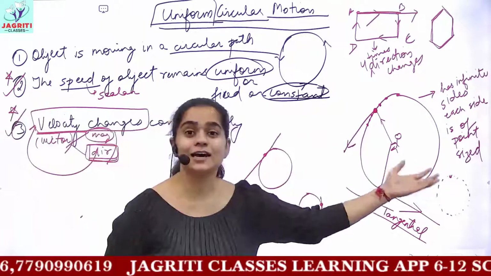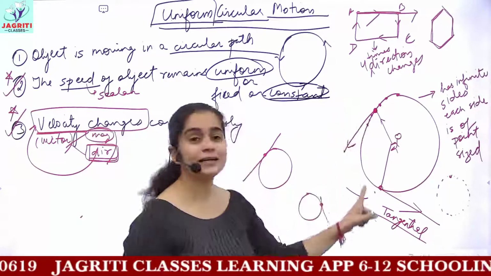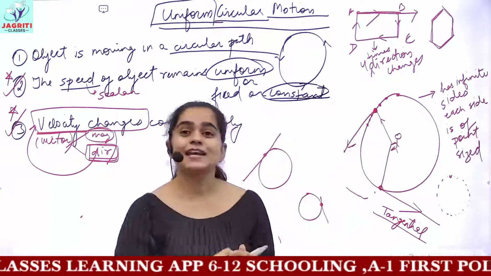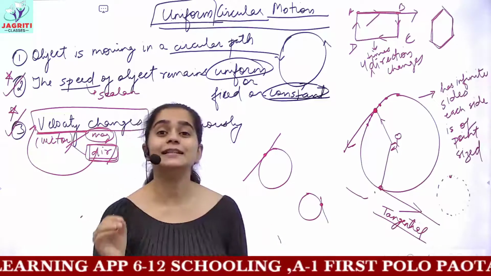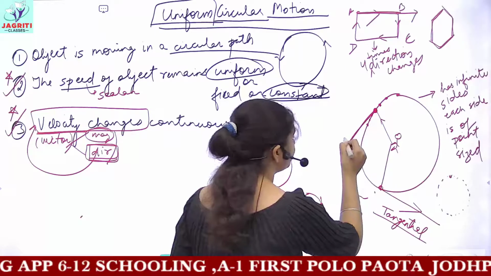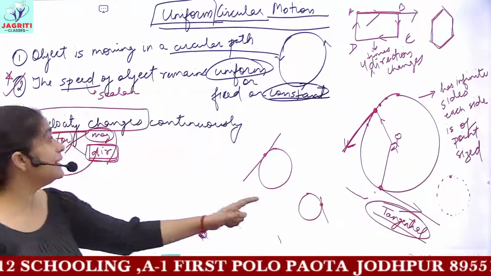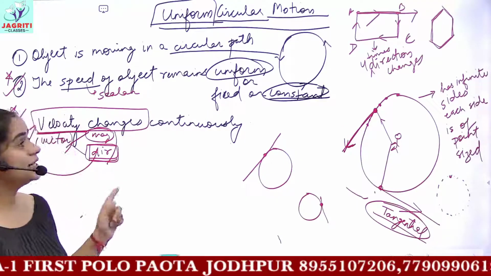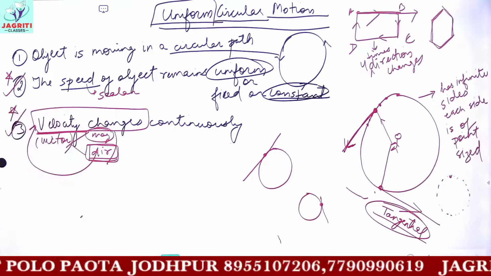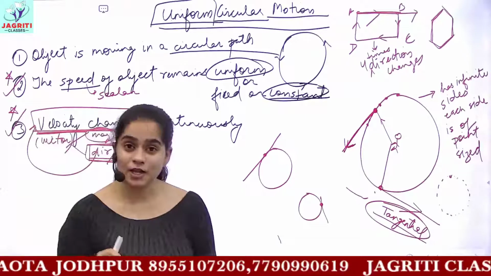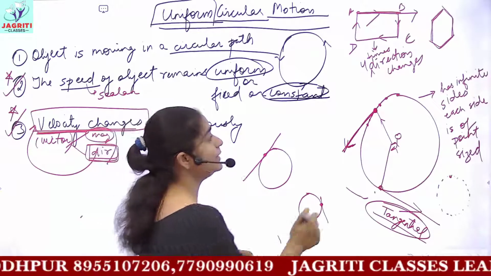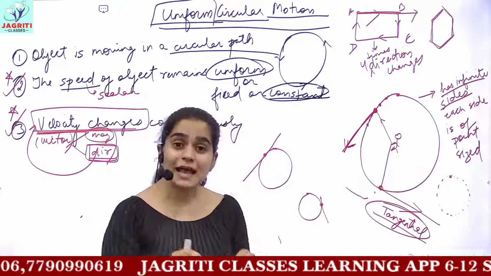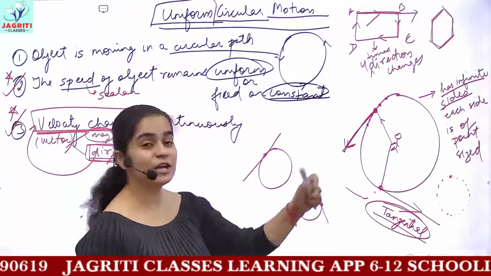So you may be asked a question in exams: whenever an object which is following a circular path is released at a point, which direction or path does the object follow? You will write that the object follows a tangential path whenever you release any object which was undergoing uniform circular motion. So these were all the concepts related to uniform circular motion. You should remember that velocity during uniform circular motion continuously changes, because a circle has an infinite number of sides, and every particular side has a different direction, as I explained with this example.